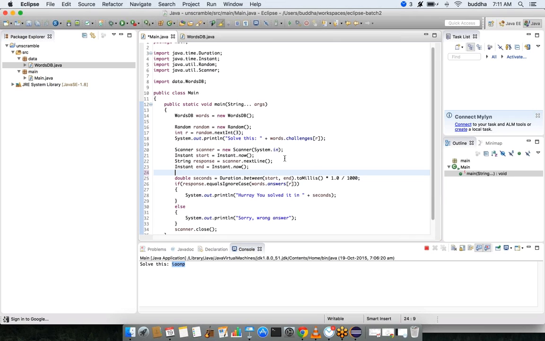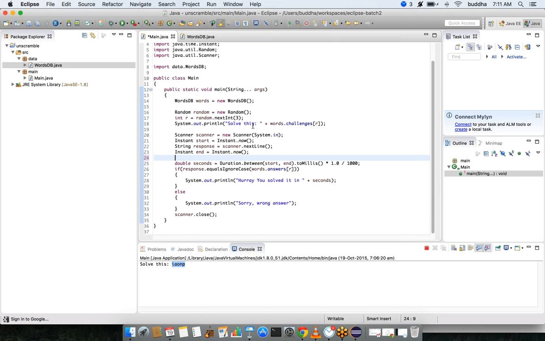Now instead of relying on storing a specific challenge and an index of it, and then comparing them both in this main method, let's move the responsibility of comparing the two words to the WordsDB class itself.